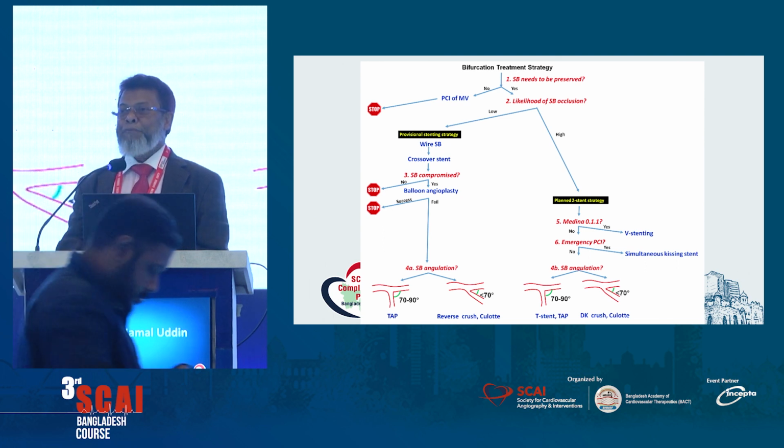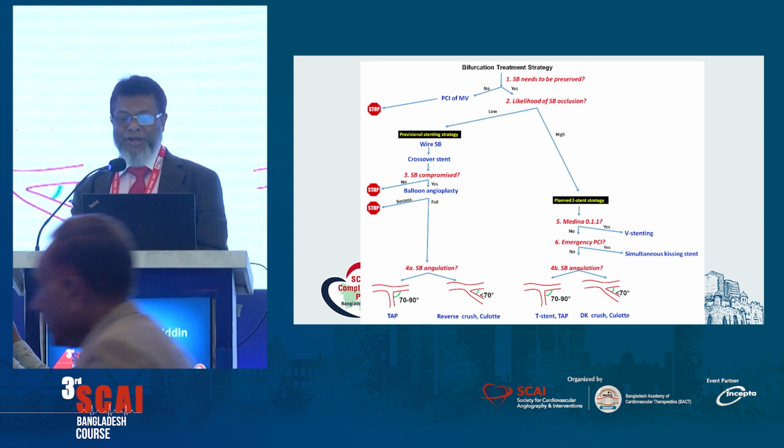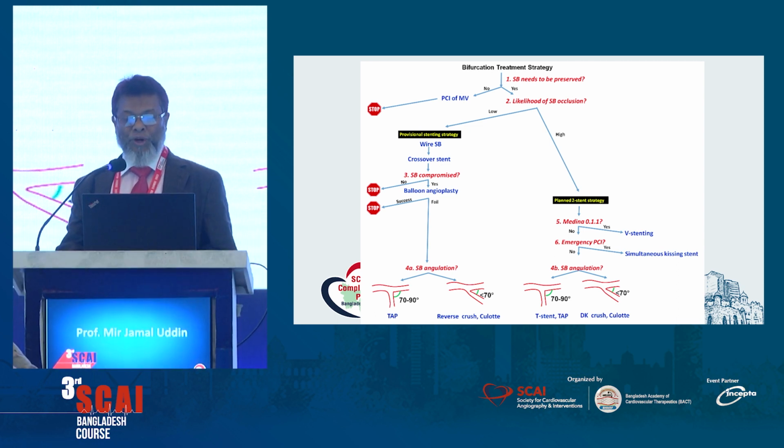And whether I shall have to save the side branch or not: if the side branch should be preserved, only then I shall have to think whether the side branch is likely to be occluded. If there is high likelihood, then comes a planned two-stent strategy. Then I shall have to think whether there is 011 stenting, obsolete nowadays, and if emergency, maybe